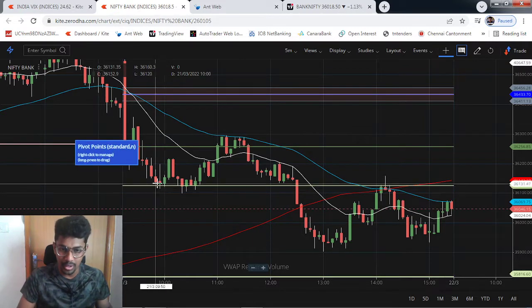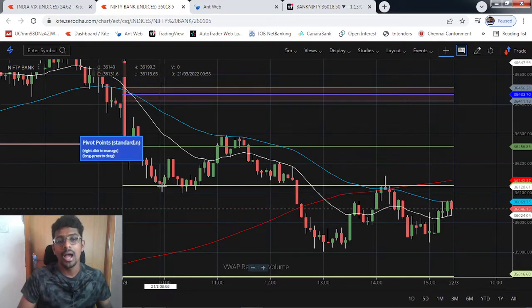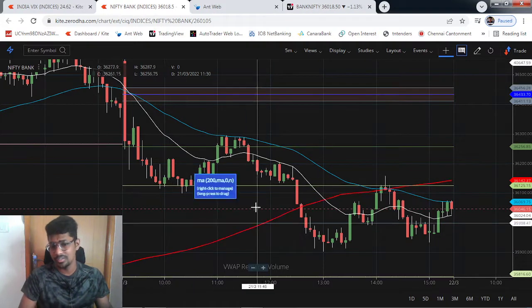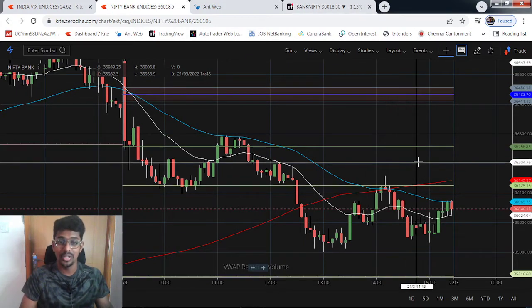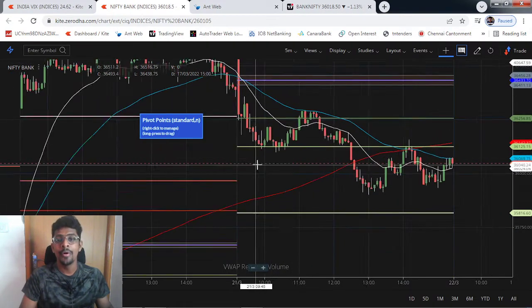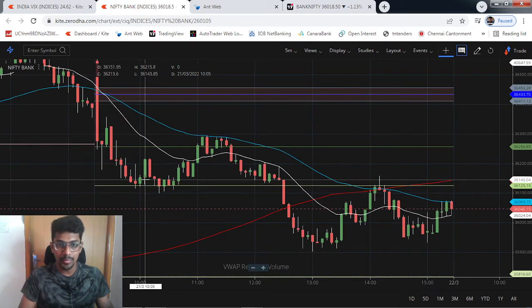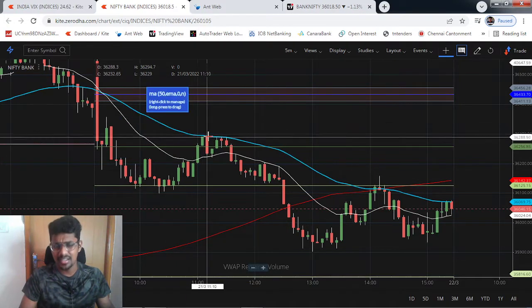So this support was taken. At this point, when it took a support, I sold PE. That means I went long, and also I was doing scalping because I did not find more volume in the market today, because it's not going to go directional one way. There's no clear volume. If you can see, the whole market movement today is only within this range. It's not a big one-sided move. So I took this support and sold PE, that means I went long and did a scalping.